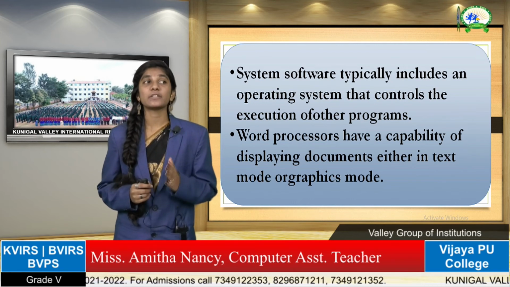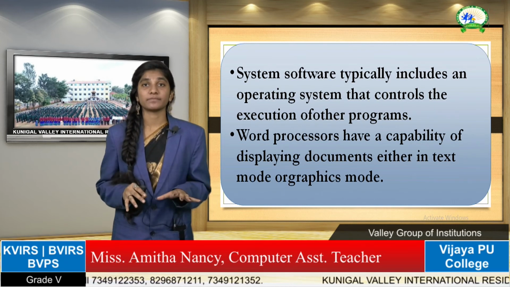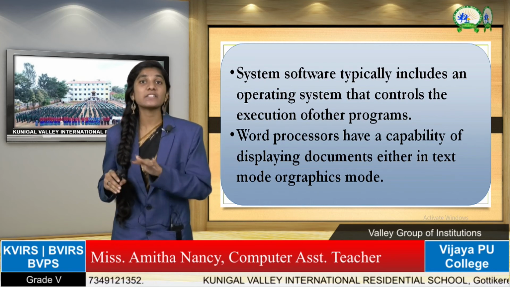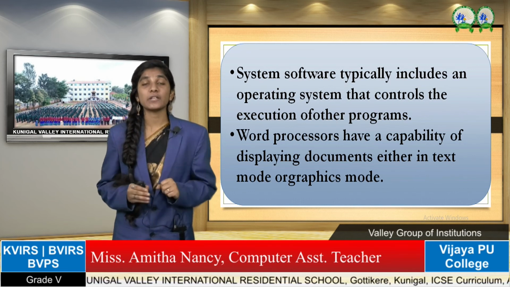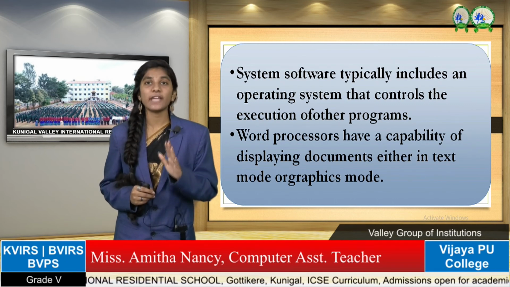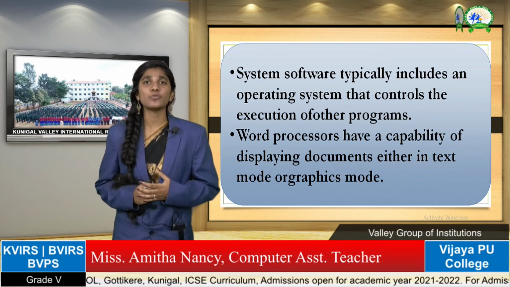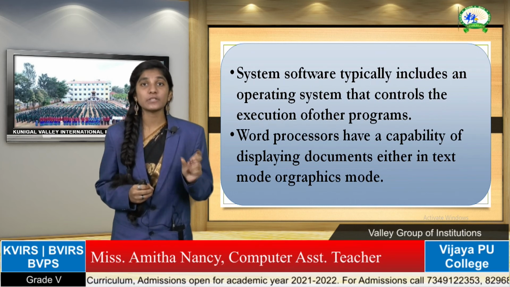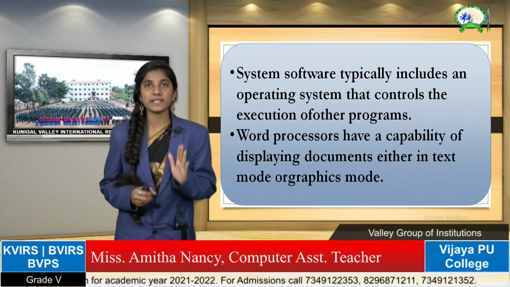Then after that we have application software. Application software is nothing but the software that does a particular work. System software manages everything, so it is not doing a particular work, it is managing everything. Application software performs a particular task. For example, calculator. Calculator is used to perform only calculations. Another example is a media player. Media player we use only to watch videos. So that particular software performs that particular work, so it is known as application software.